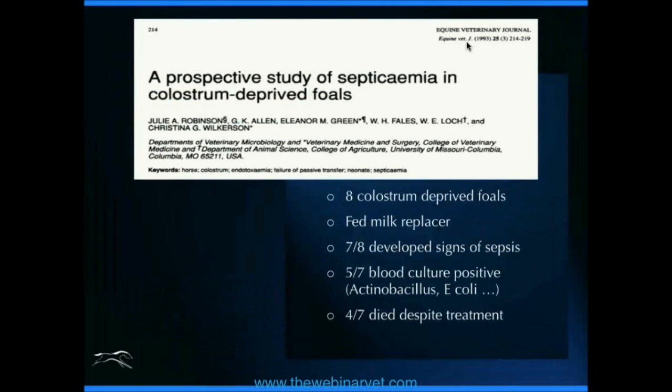This is a really old study, but I think it really highlights the importance of this. This is a study done back in '93, which looked at the importance of colostrum deprivation. They had 8 foals that were born normally, in a sort of scientific type environment. So they were in a clean environment. They weren't exposed to any particularly virulent organisms. They were handled in a hygienic fashion, and so 8 of these foals that were deprived of colostrum from birth